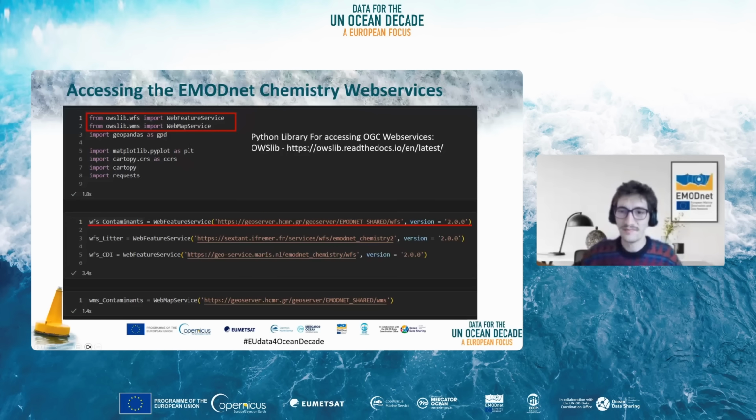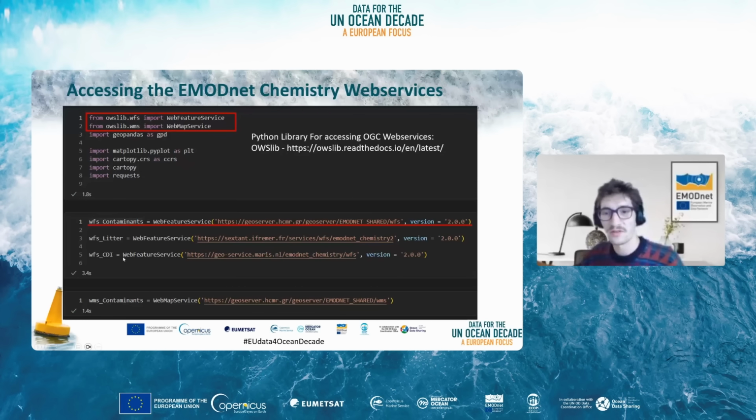Using this library, you can define the point of entry you want to access with the first line of code highlighted in the second cell here, in which you need to specify a URL for the web feature service you're looking to access.